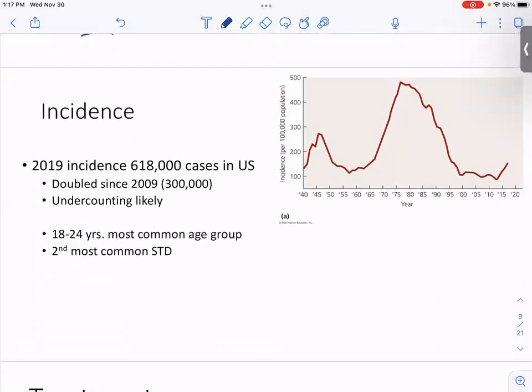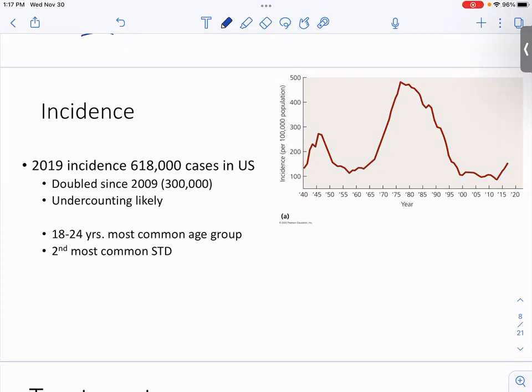Incidence is rising, unfortunately. I've got some other numbers that I can share with you. But this is probably, by best estimates, the second most common sexually transmitted disease. I think I mentioned that last time. Chlamydia is usually the most common, but those two infections sometimes will go hand in hand.